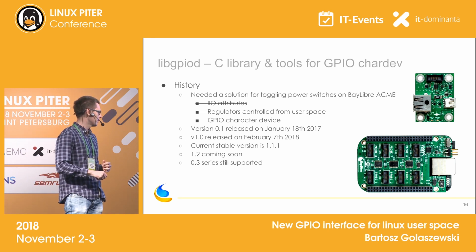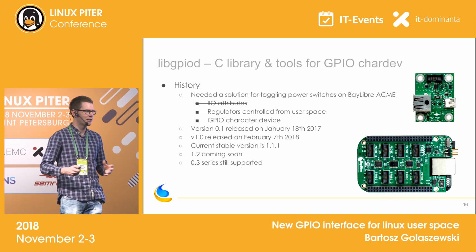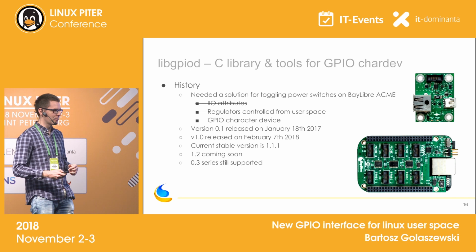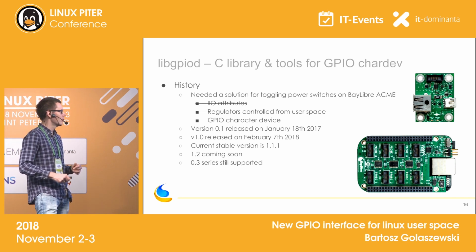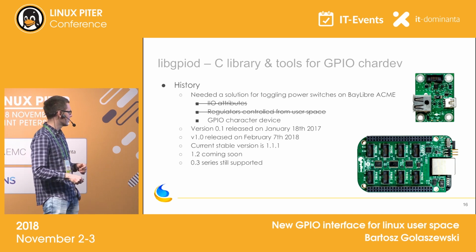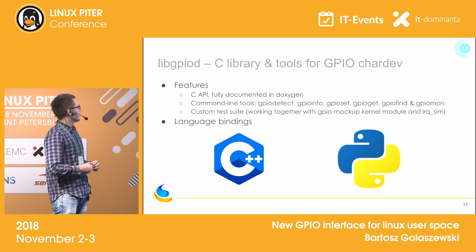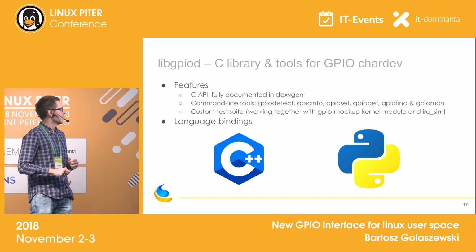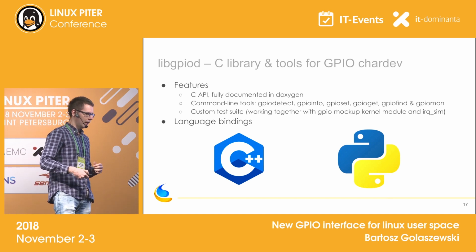And yeah, I still support the 0.3 series, since this series has been packaged in many distributions and people started using it. Since the 1.0 version of the library is not backwards compatible, I decided to still support the 0.3 series with bug fixes. What's inside? We have the C API, which is much easier to use than the I/O controls